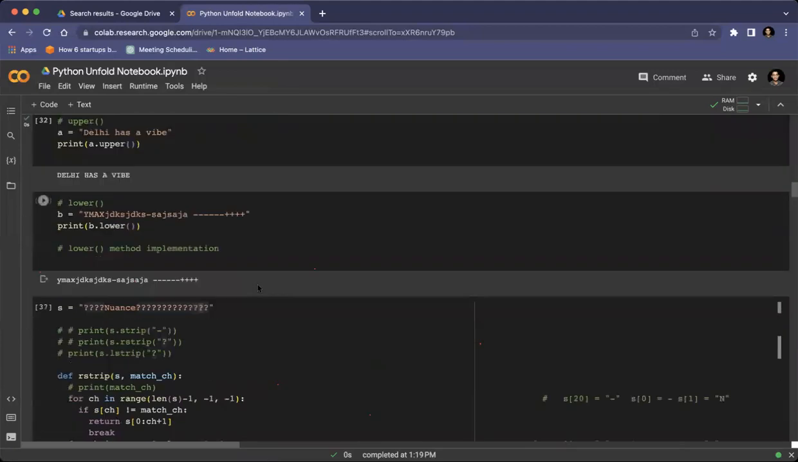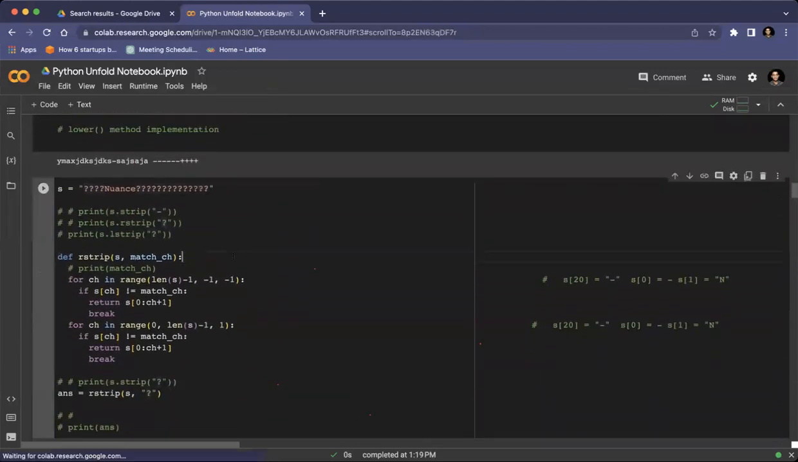Here are the indexes. In the same way, go at each character. If the character is not equal to the matching character, return from the starting of the string to the character's index plus 1. This means, okay, if I